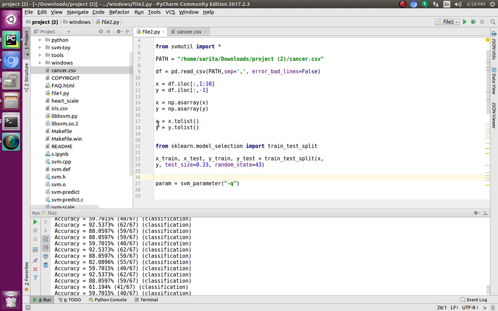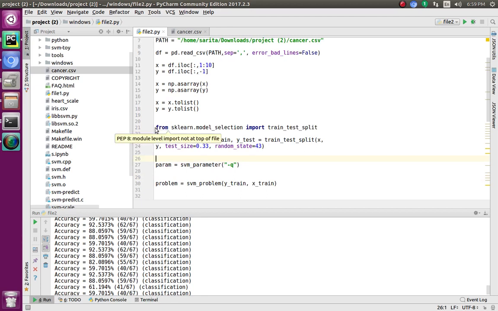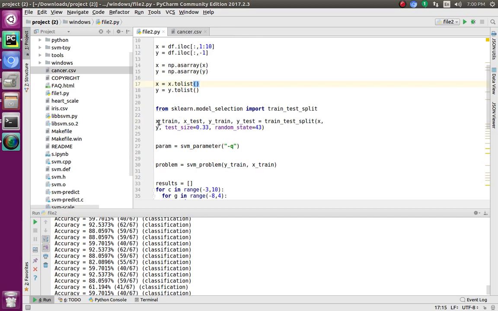After that, we have converted it into a list because pandas reads data in the form of data frames, in row and column form, but libsvm trains only on data which is in list form. After that, I have used the sklearn library to split the data into training and testing sets: xtrain, xtest, ytrain, ytest.